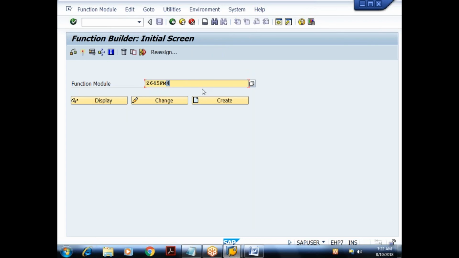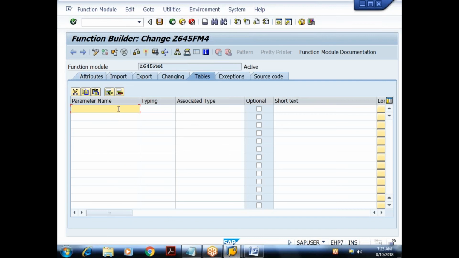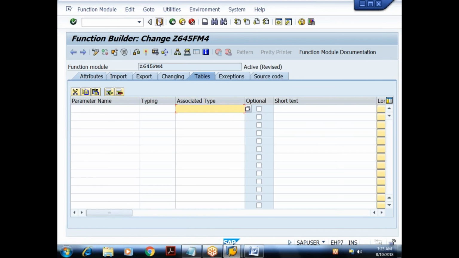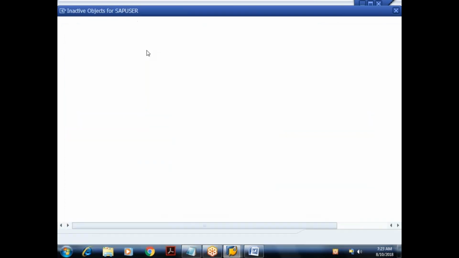Then simple understanding is here. Let me try to create a new function module, or let me create here only. Suppose in the tables, I'll say something like t_emp type. Here I need to refer to the dictionary type, which means I need to refer to a dictionary structure or a dictionary table. So I'll give something K11. At this stage, we don't know what this K11 is, or how to create our own structures in the database. So just leave it for the time being. Let me remove this. I'm removing it. Save it, check for syntax, activate this.